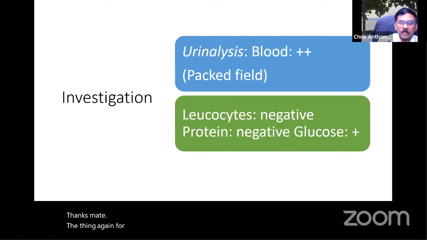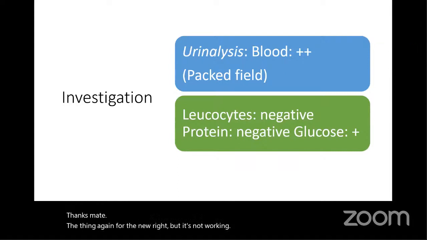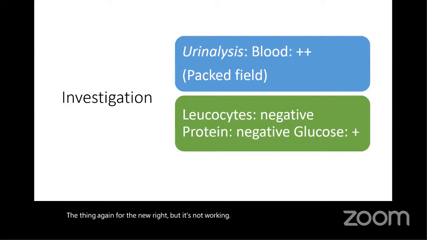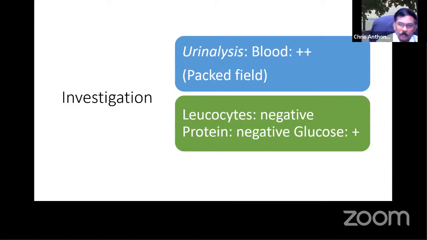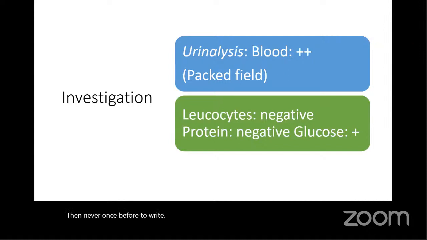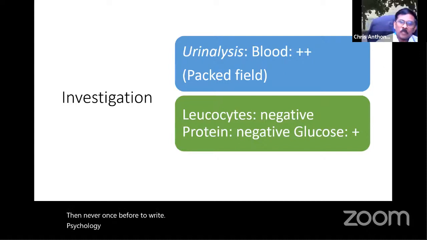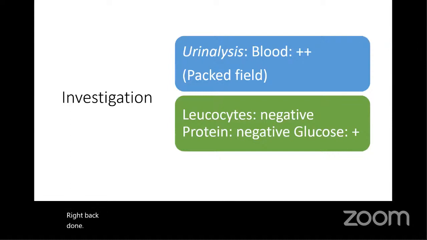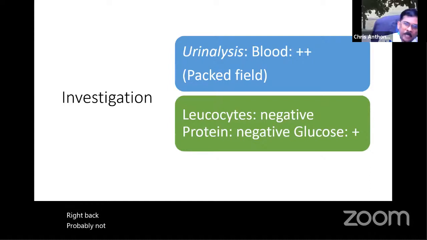What do you think of this investigation? It shows that it's not an infection, so we can rule out the UTI. Okay. And it confirms our hematuria because there's blood. And then the other one, which I forgot to write, the cytology was normal. There are no abnormal cells, so that means it's not really helpful. So the only thing you can diagnose from this is that the patient has RBC in the urine, which confirms the patient's complaint. It is not something else, a dye or something like that. It is blood, confirmed hematuria.